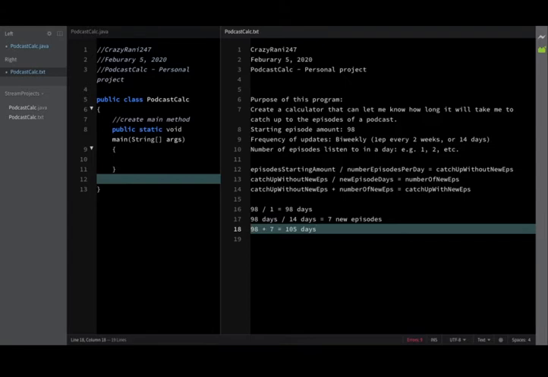Now, this works out because there are less than 14. So I think this would be a